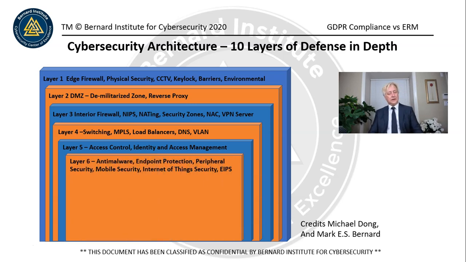Layer 6, anti-malware. So this is what sits on your device. It could sit on a server too. It scans and looks for those known threats, so the 60%. We have to use many layers in order to deter any type of threat agent. So every layer helps. Even if it's only 60% effective, it still does a job.